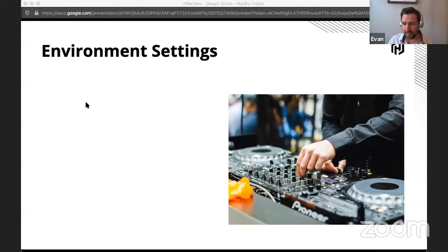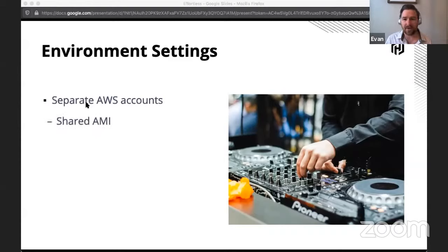At uship, what we've taken advantage of is separate AWS accounts. This kind of simplified things. While it does simplify some things, granted, you have to share AMIs across your different accounts. That's pretty easy. It makes SSM params easy.